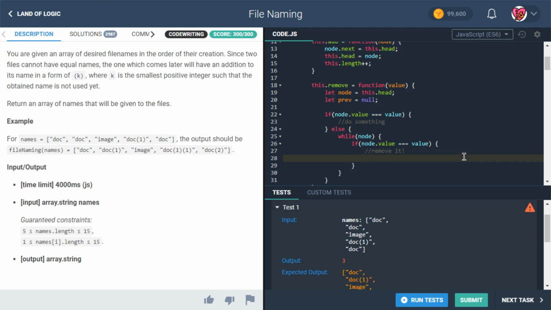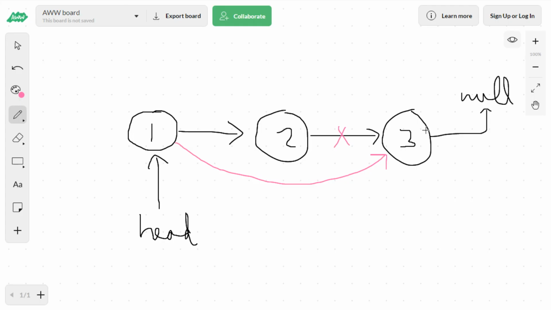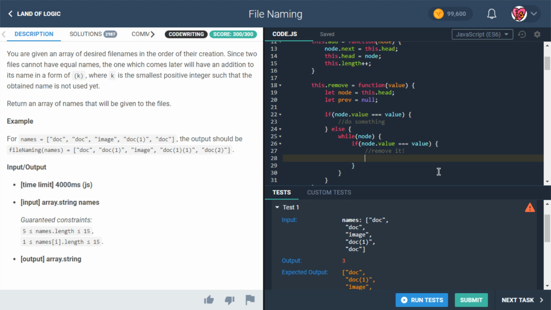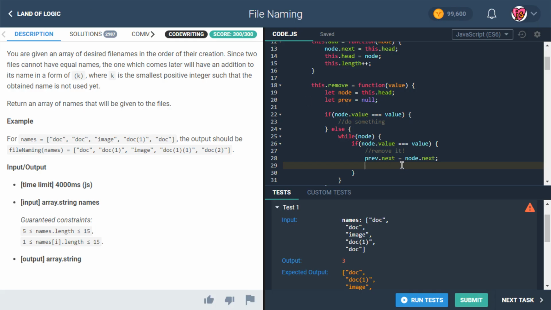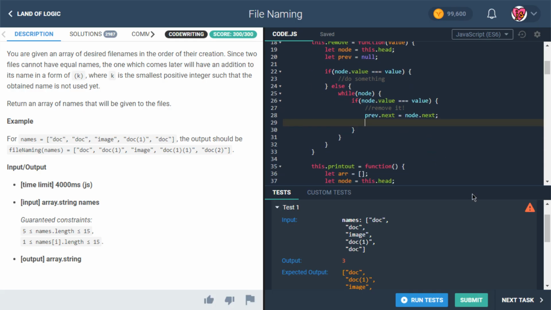We're going to remove the node, or at least we're going to do the set of steps we talked about over here. So previous.next is going to be assigned the value of node.next. And keep in mind, that might be null. It might be this one that has a next value of null, but that's fine. That would just mean, if we're trying to remove the 3, then the 2 should point to null, so that's not a problem. Okay, so previous.next is going to be node.next,